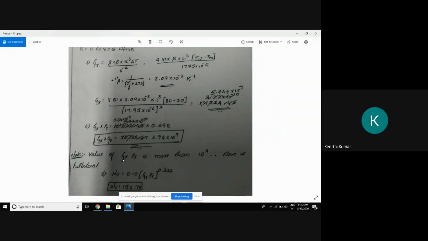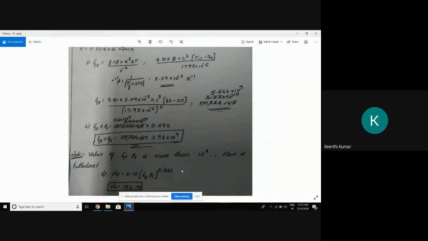That is, Nu is equal to 0.1 (Gr Pr) to the power of 0.333. Did you get it? If you did not get it, please tell me. I'll project the data handbook also. If you get it, no problem. Sir, whether you're getting or not? Yes, sir, we got it. Okay. Get that formula, substitute in Nusselt. The product of Gr Pr is known, substitute directly, and you'll get the Nusselt number.